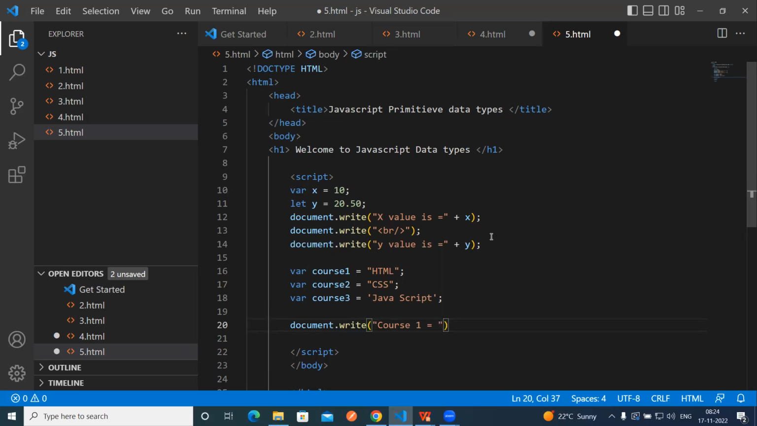Course 1 equal to. So we have to concatenate a string and other data types with the plus symbol. Okay, we are concatenating two variables, that means we are merging two variables. To merge the two variables we have to give the plus symbol. Okay, string concatenation means two strings we are merging, two variables we are merging. Okay, so then course 1,